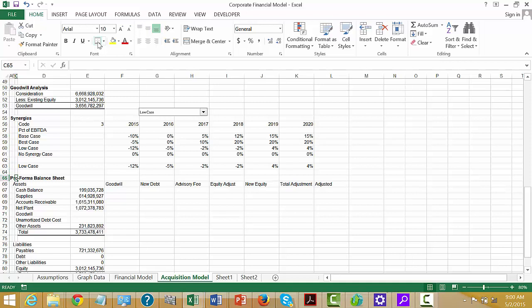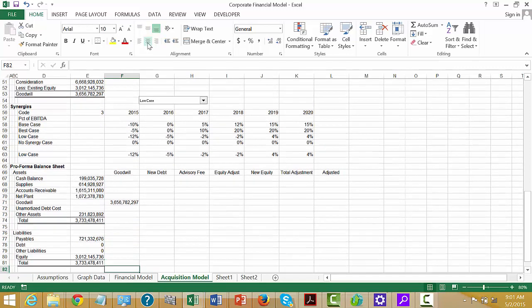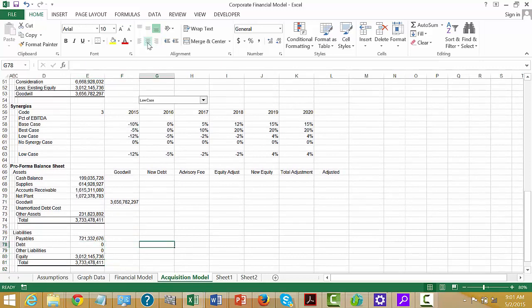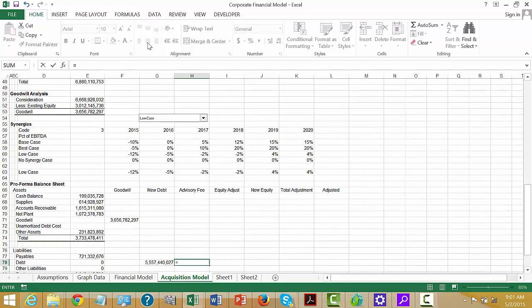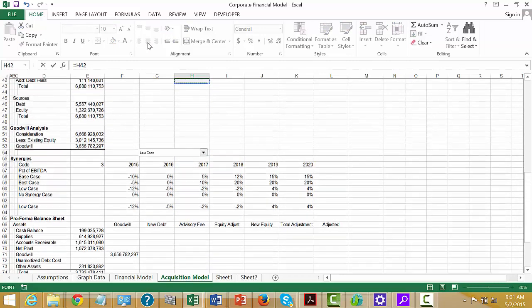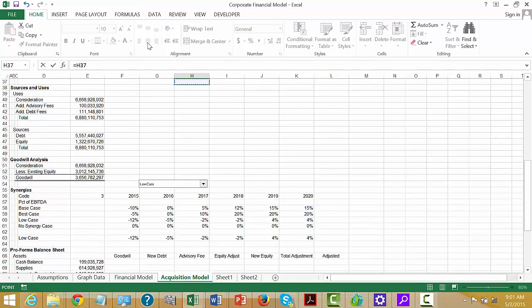Okay, and now we can. Whoops. Okay, and now we can do this. Now we didn't do anything with the cash balance. We put a goodwill in here, so let's put our goodwill, and here's the big rule: everything comes from the sources and uses statement or the goodwill. Okay, and then our advisory fee comes from this one,